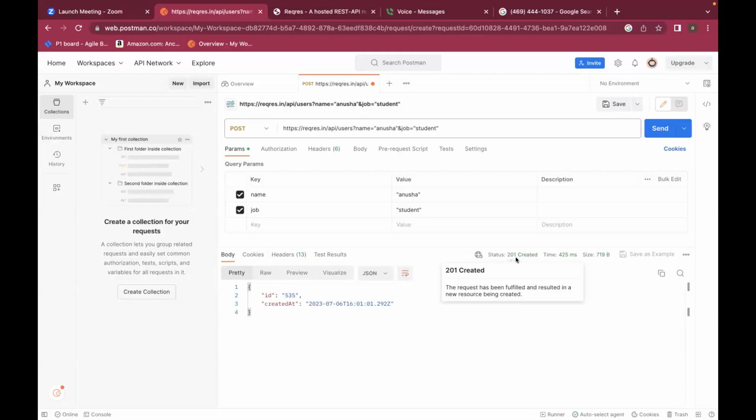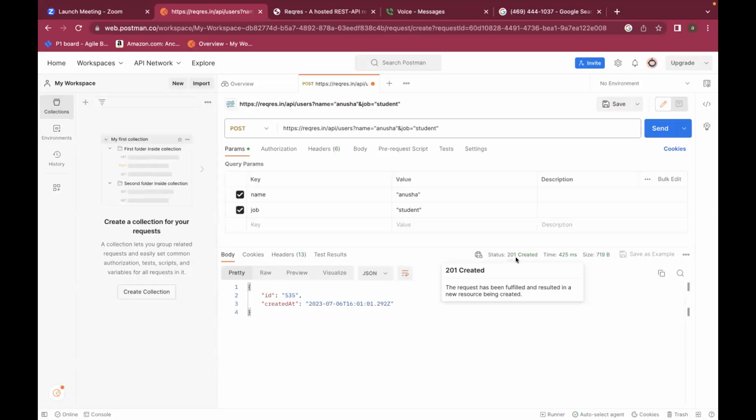That is 100. Okay. So if the status code is between 100 to 399, then it is a successful request. So that's how your API will tell you that this request has been successfully processed and you will be getting some response for this. That is what a successful request is. But what in case your request is not successful?